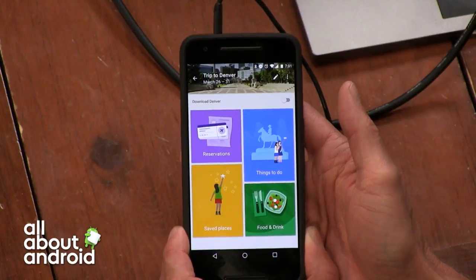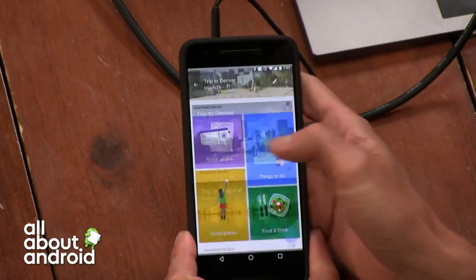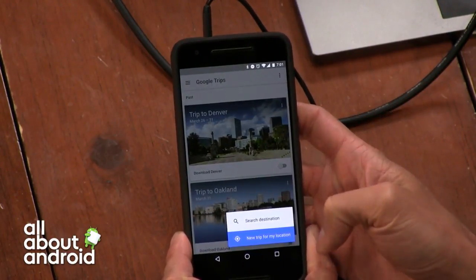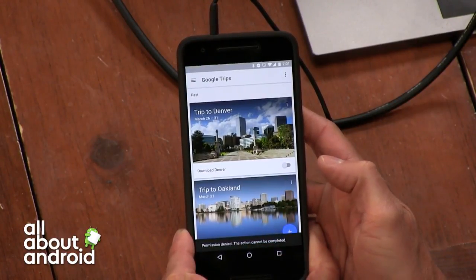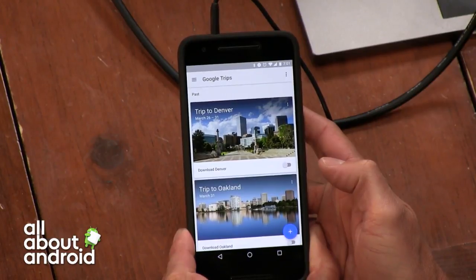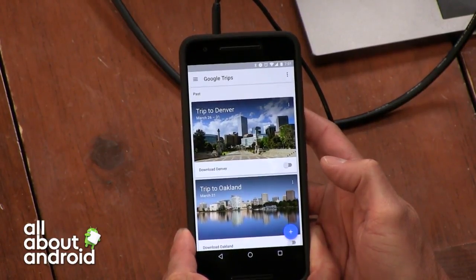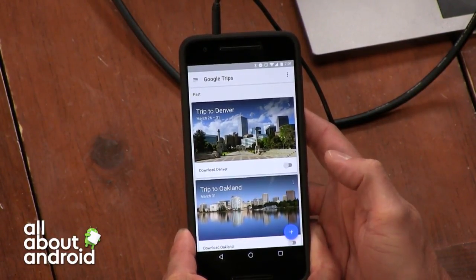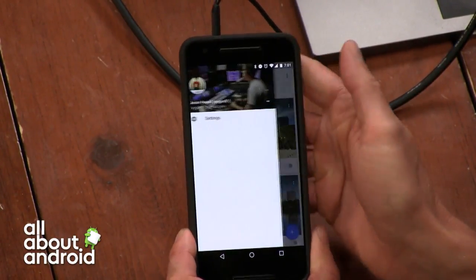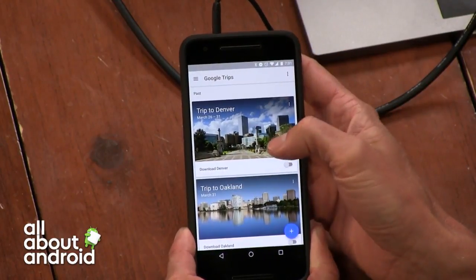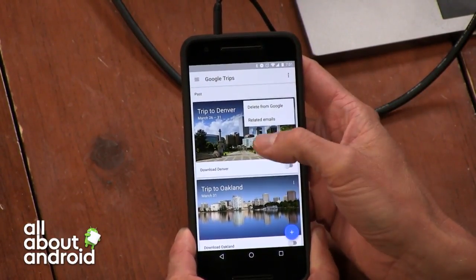But I want to see if it can help me plan my honeymoon, because apparently it's supposed to be able to help you do that. So, new trip from my location. Oh, permission denied. Probably because I don't actually have access on their service, I'm guessing. Over the next coming weeks, as they add more to it, I'm probably going to try and use it just to cross-reference it with how I'm planning my trip.